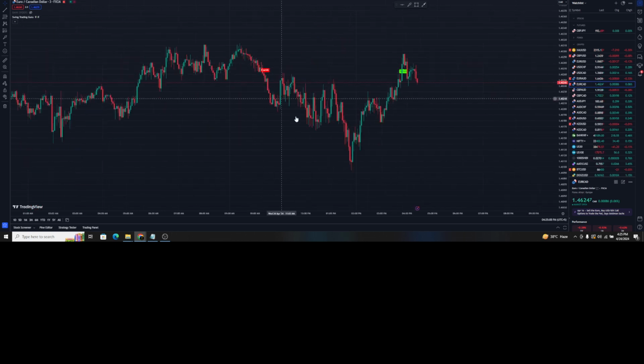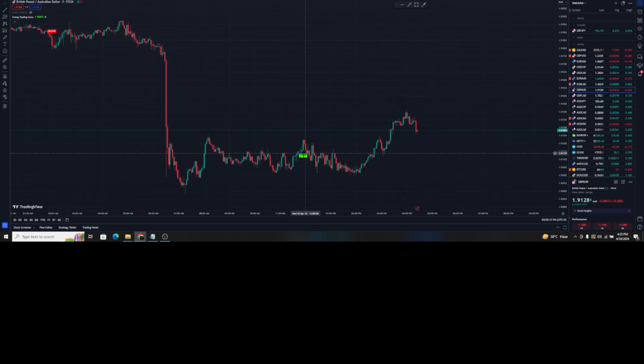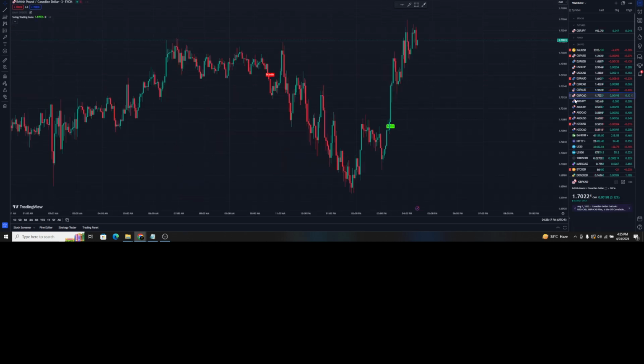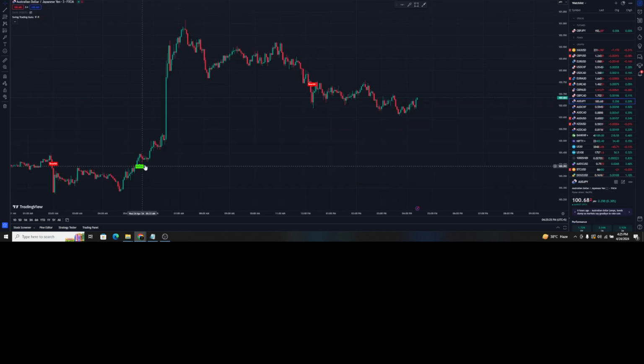You can see a bearish signal, the price is down, and the bullish is running at the moment. Let's have one more example. Bullish, the price is up; bearish, the price is down, and this indicator never repaints. I again repeat, this indicator never repaints. Bearish, you can see the price is down; bullish, the price is going up. I have shown you my maximum watch list with bullish and bearish signals.